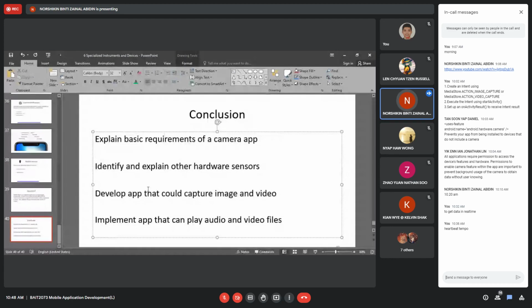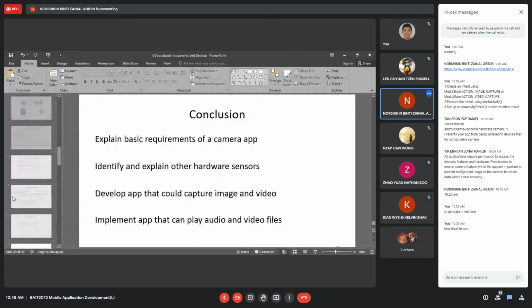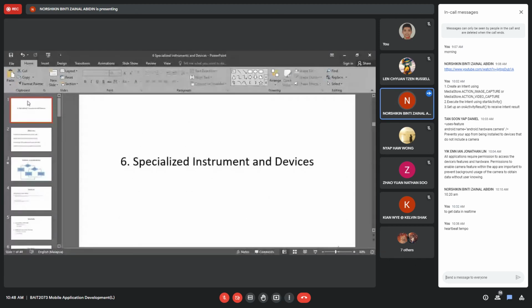So these four points we already studied in chapter 6. That's the end of chapter 6, specialized instrument and device: your camera, your sensor, what you can do with your camera, or what you can use with a sensor. What's an example of a sensor in an application? We already covered that in chapter 6.